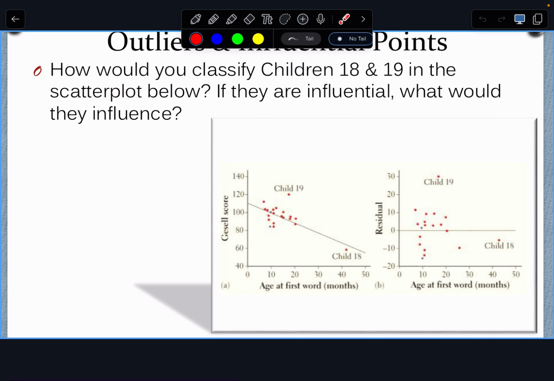What is that child probably going to have an influence on? So think about our values here. R squared, and R would have an effect on it. What effect would it have on it? Decrease, well, weaken, yeah. So one thing I want you guys to be careful with when you talk about correlation,